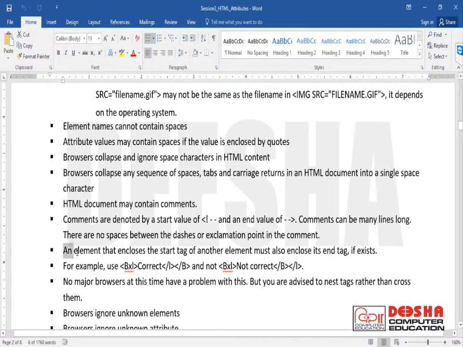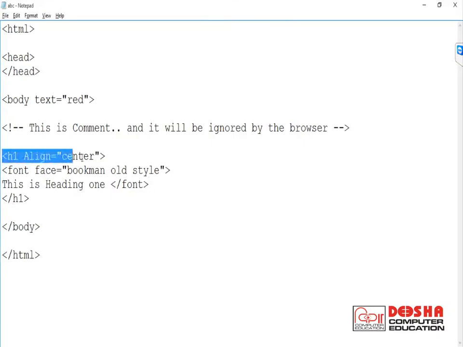Next, an element that encloses the start tag of another element must also enclose its end tag, if it exists. What does it mean? You can see here I started the h1 element. After that I started the font element. Next I finished the font element first and then I finished the h1 element. That means we have to nest the elements.